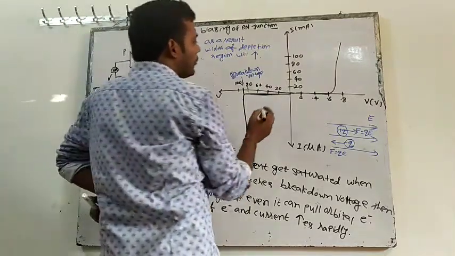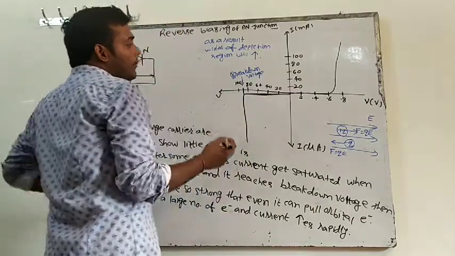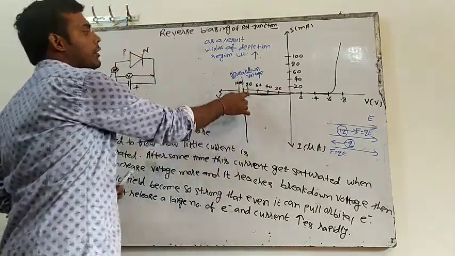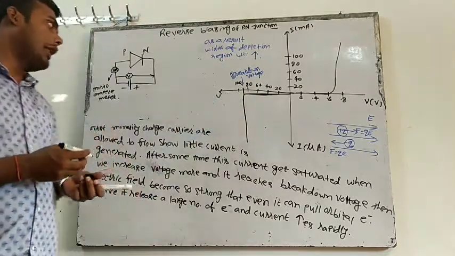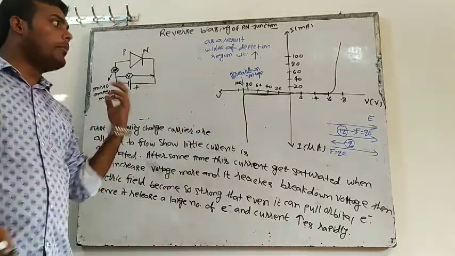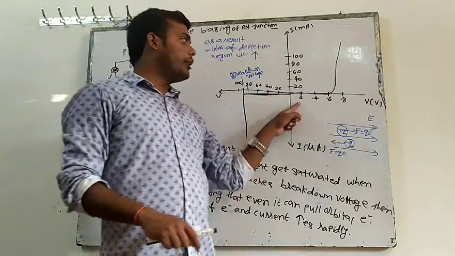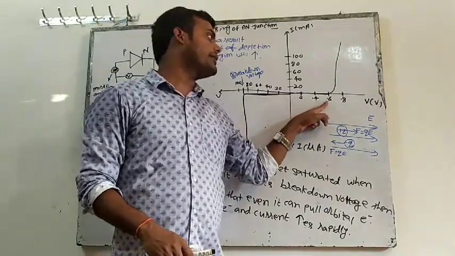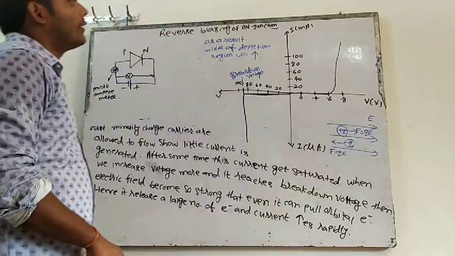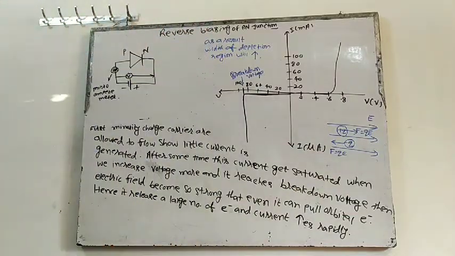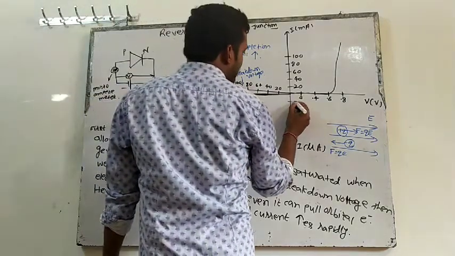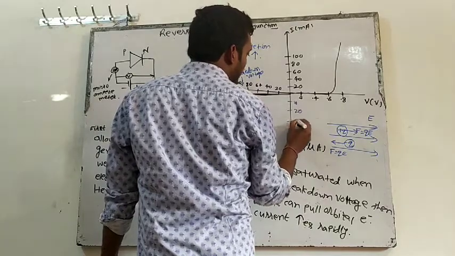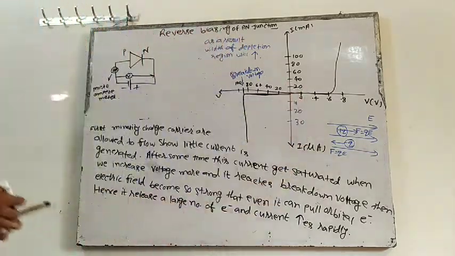Here one more thing you have to understand: in the lab, first you have to give 20 volt, 40 volt, 60 volt, 80 volt, 100 volt like this, and then you will analyze. But in forward biasing we were varying 0.2 volt, 0.4 volt, 0.6 volt, and then we analyzed it. Here the current will be like 10 microampere, 20 microampere, 30 microampere. This data will come. This graph is also given in the NCERT book. You can consult it from there also.